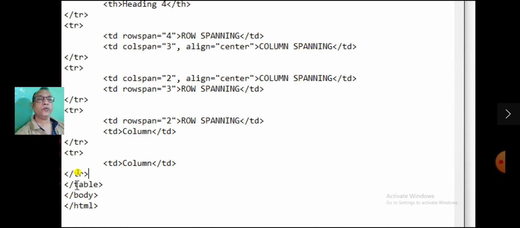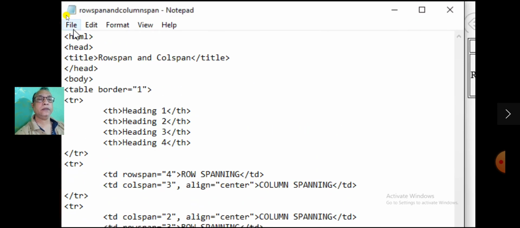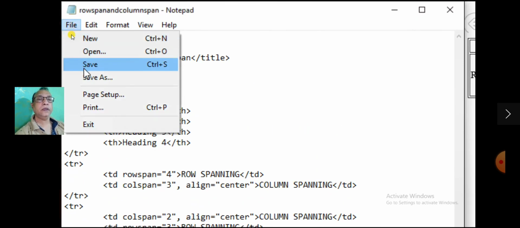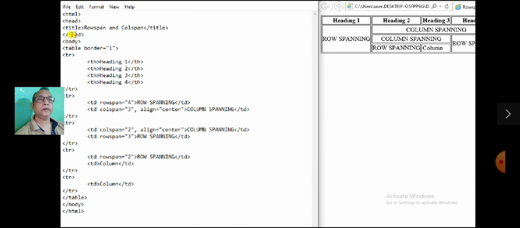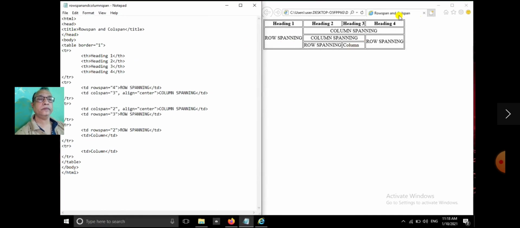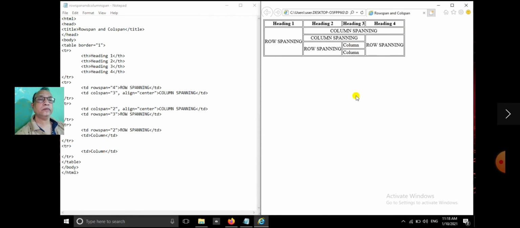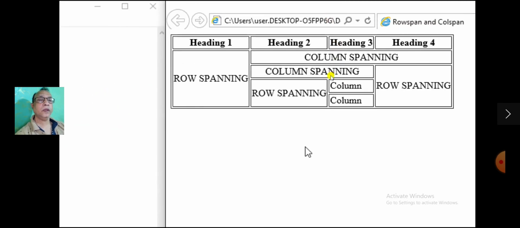We have used only column data, so only that column is displayed. Other rowspan is already there.